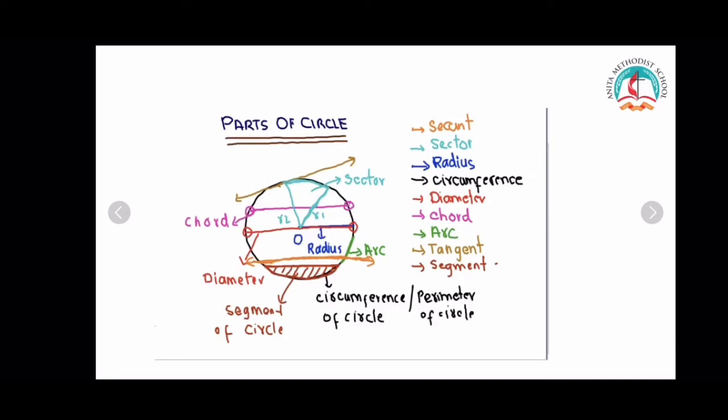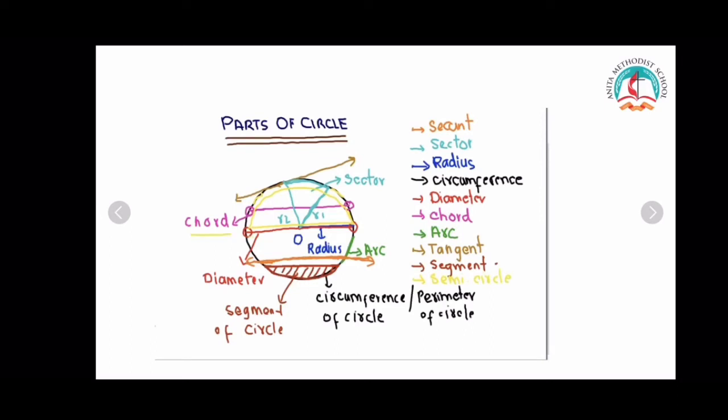Now what is the semicircle? This is the last part that we will discuss. Semicircle is the arc which is half of the circumference. As we have already discussed arcs, like this is an arc, this is an arc. But if I take the arc in a way that I start from here and move like this, then this is called the semicircle. This is half of the circumference of the circle. So semicircle is represented like this.